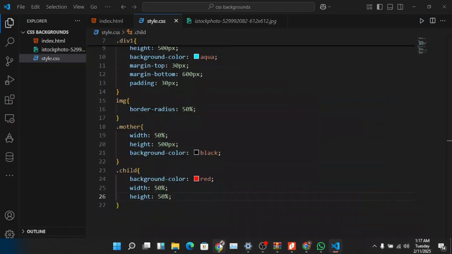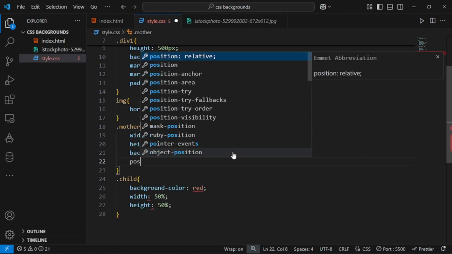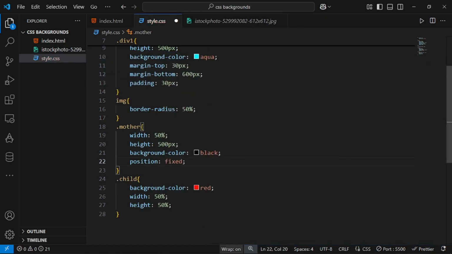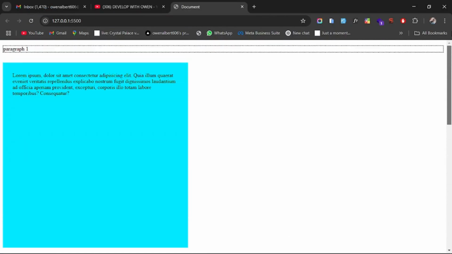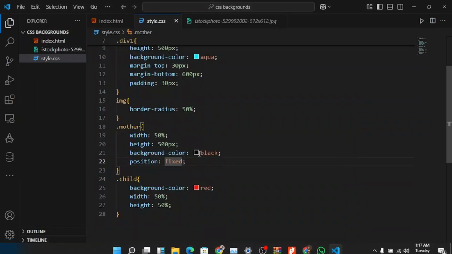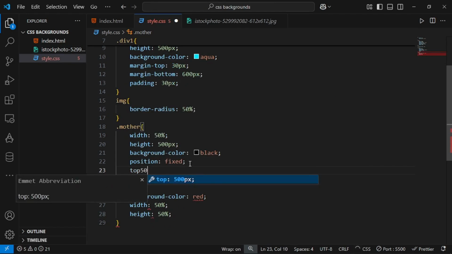So what happens is, when we apply position, we can say position fixed. We shall begin with fixed. When you fix the mother, you find that the mother will be fixed. When you fix it, it disappears. Okay, when it disappears, we can say top. We can say top, it's about 500, sorry,